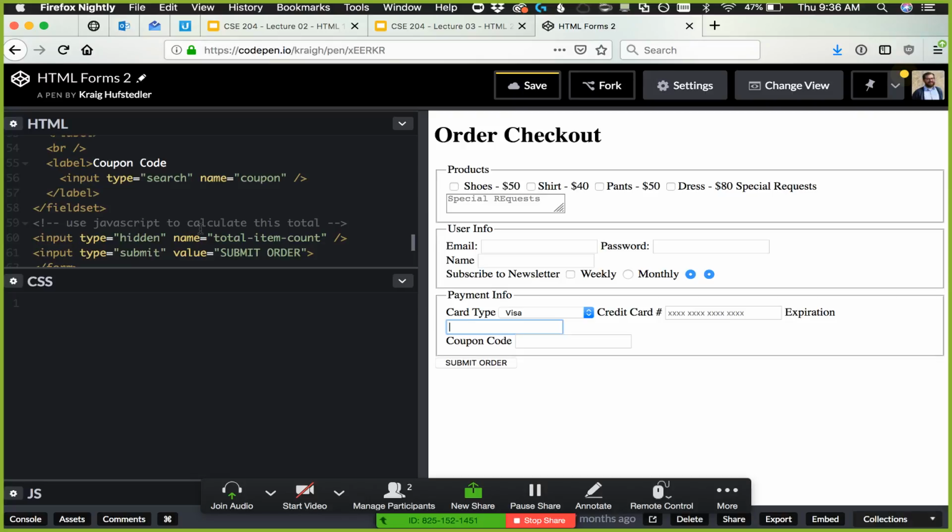Maybe we use JavaScript to calculate how many items the user is ordering, and we use that somewhere. Our server would need to know how many items to loop through or something like that. We could use this item count. But again, you can see that if you inspect element. So don't use it for anything sensitive, or at least something that you're not going to verify in another way as well. Because if we pull this up,